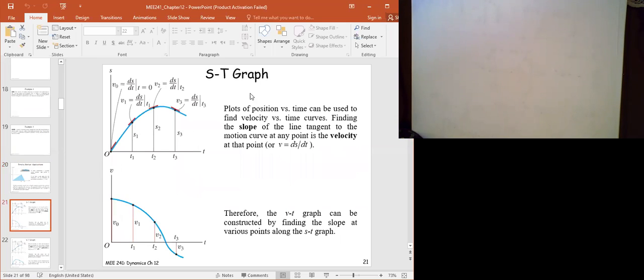All right, so I'm gonna begin by looking at ST graphs, or position as a function of time graphs, right? So if the position is given to you as a function of time, right? How can you get the velocity, let's say at time t1? Well, we know the velocity is equal to ds over dt, which is essentially the slope. So simply by getting the slope at that particular point, you actually get the velocity, right? And then likewise, at time t2, basically, the derivative is essentially the slope. So simply getting the slope of the position curve as a function of time, you can actually get the velocity,